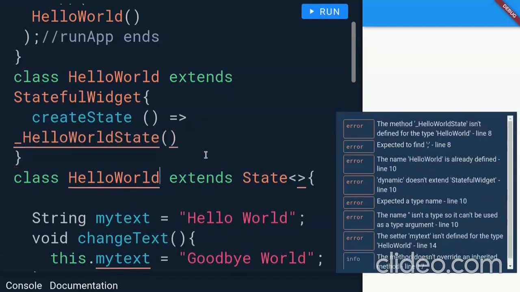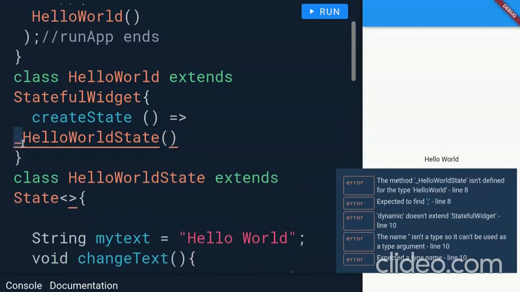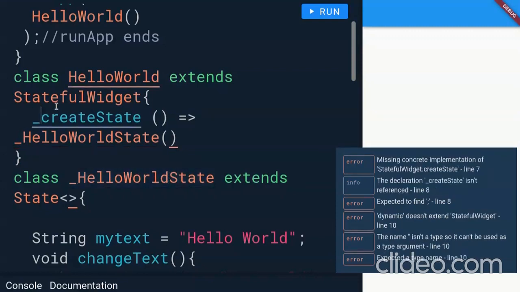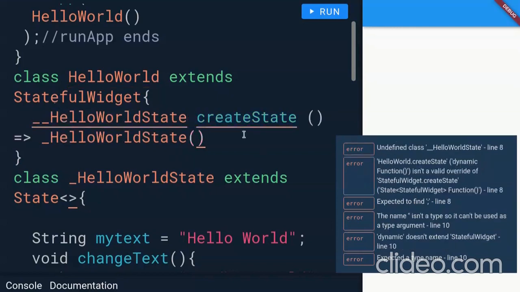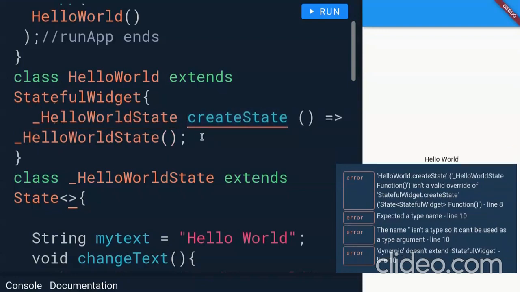So I'm calling the constructor of hello world state, which is our state object, and here I'm starting the name with an underscore. So in Dart programming language, whenever there is an underscore before a variable name, it becomes a private variable. So this will return a state object. The create state function will be automatically called by Flutter.